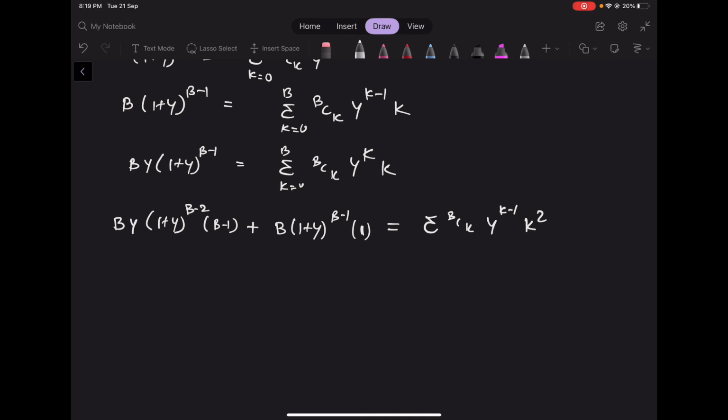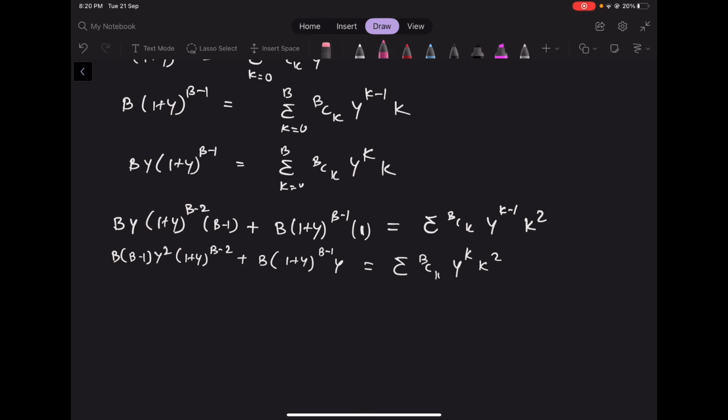So now again we are going to multiply both sides by y. So we are going to get b(b-1) y^2 (1 + y)^(b-2) plus b times (1 + y)^(b-1) multiplied by y, and on this side we are going to get the summation of bCk y^k and k^2.